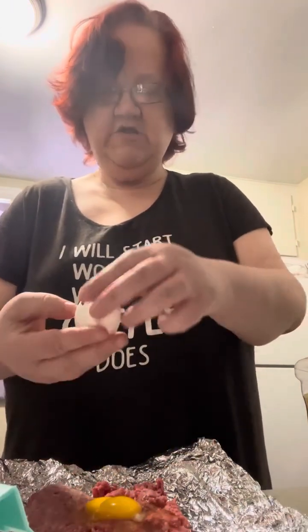That has about a couple more minutes to defrost. And then I dig a little hole just for the purpose of the egg. See, there's a little bit of a hole. And because this is gonna be about 2 pounds, you want 1 egg per pound. At least, I do it that way. And it turned out really good last time I did it. So there's 2,